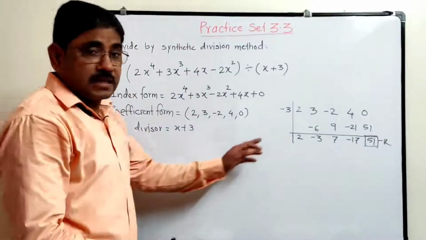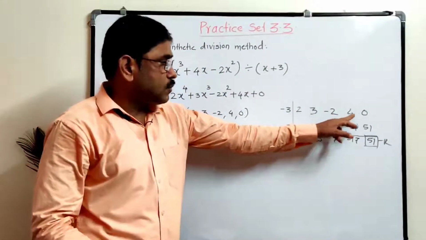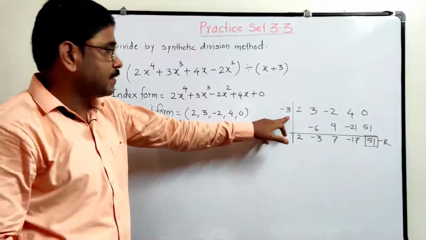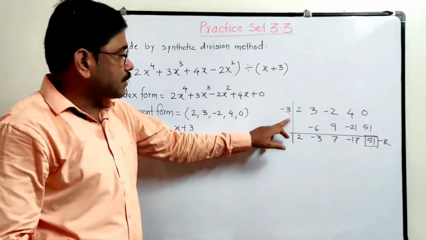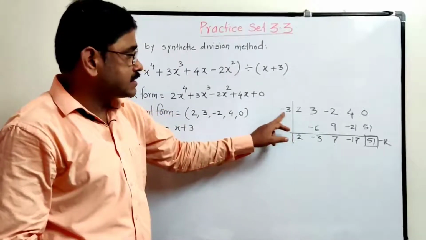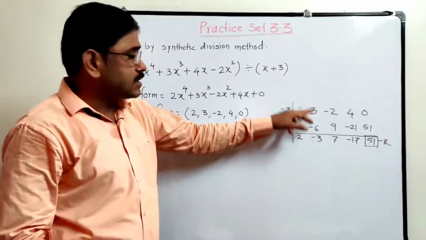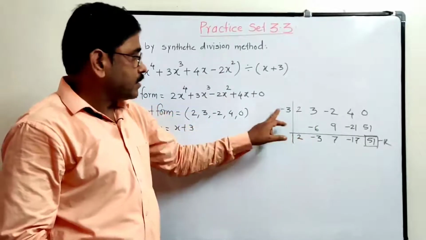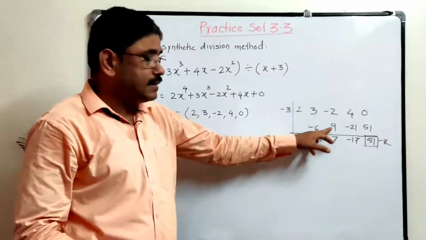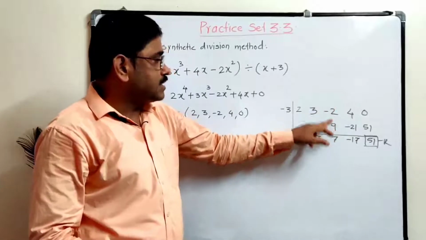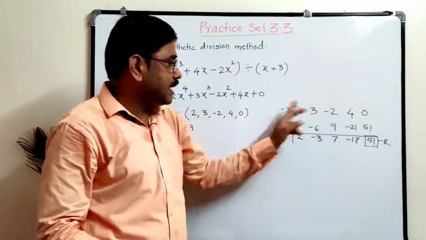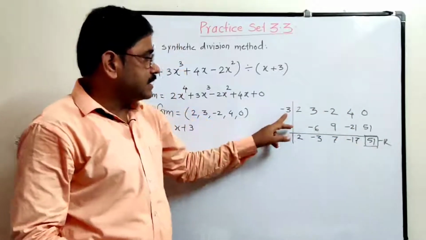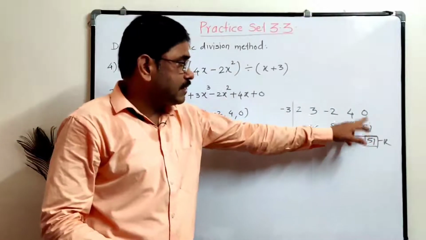Now listen again. This 2, 3, minus 2, 4, 0, these are the coefficients. Here the divisor is x plus 3, so take its opposite, minus 3. First number as it is, 2. Take their product: 3 twos are 6, with the minus sign so minus 6 came. Do the addition and subtraction. Subtract 6 minus 3 is 3 and the sign of the larger number, the same sign, plus. 3 threes are 9. Here write the product. 9 minus 2 is 7. 7 threes are 21 with the minus sign. From 21, 4 goes, 17 with the minus sign. 17 threes, minus minus becomes plus, 51. 51 plus 0